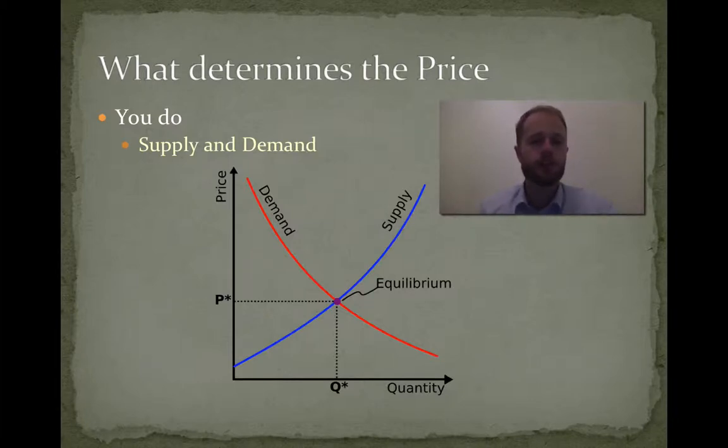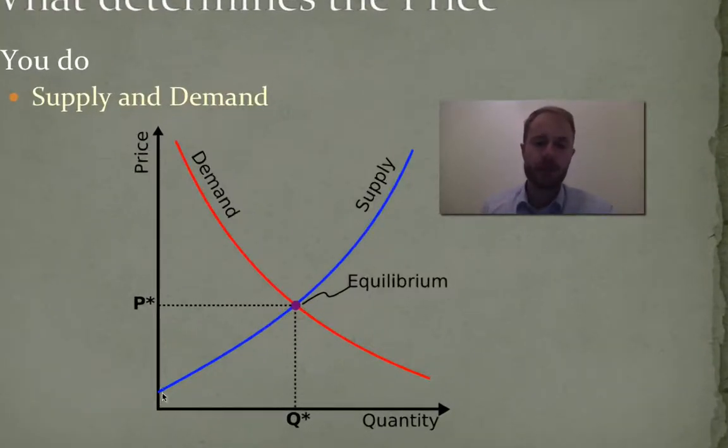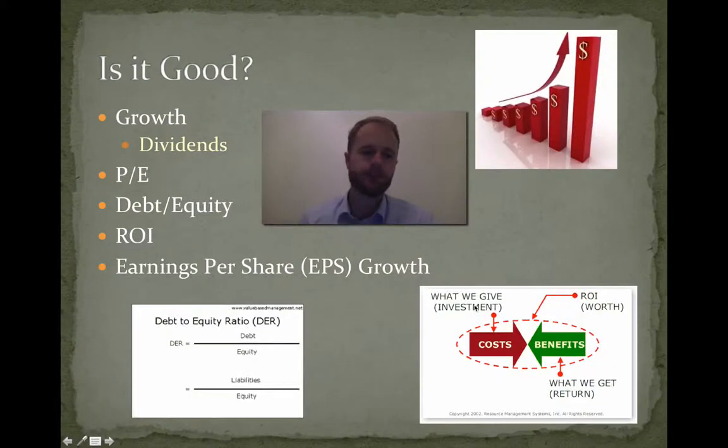Determining the price really is depending on buying and selling. It's depending on you, what value the people on average put on a stock. This supply and demand curve will become very familiar in your senior years as you get into economics. As the supply is low, demand tends to be higher, so prices tend to be higher as well. As supply increases, prices tend to decrease because demand tends to decrease as well. So this whole supply and demand is what determines the price of a stock.